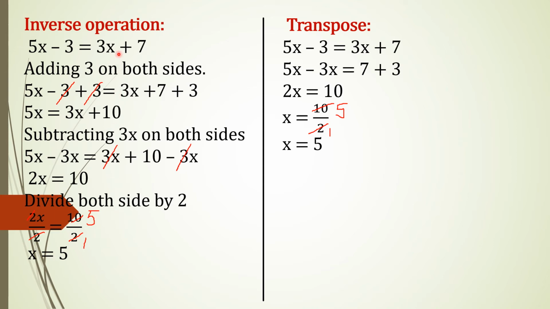So in inverse operation, this is step by step. It is a little lengthy in inverse operation. So you got the value for variable x equal to 5 in this equation. In transpose method also you got x equal to 5. So any one of the methods you can use to solve the exercise. Okay, I hope you understood both the methods. Okay, now students, let's move to our practice set 12.1.